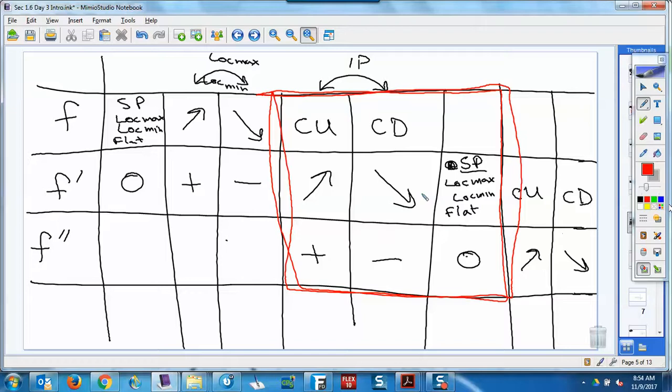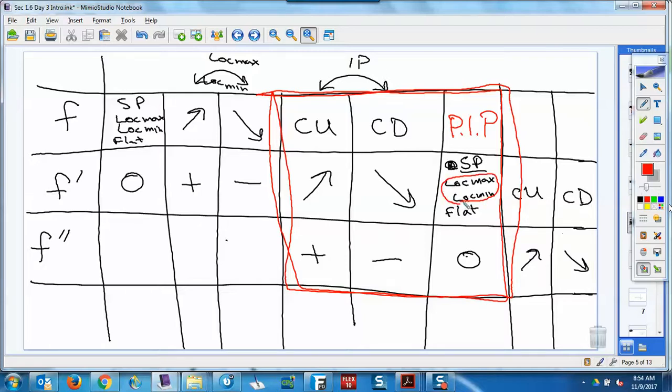Is there a change in concavity? There's no inflection point. So just because f double prime is 0, you don't necessarily get an inflection point. So we're going to call that a PIP, a possible inflection point. Only if